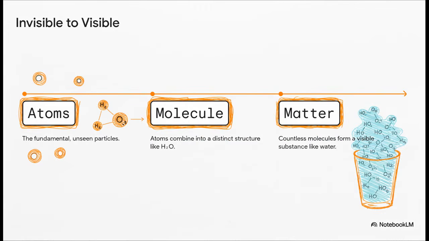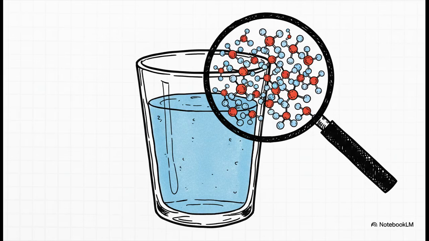So here's that whole journey laid out. We started with those tiny, invisible atoms, our basic building blocks. We snapped them together to make a specific structure, the molecule. And then we gathered a truly astronomical number of those molecules together to finally get a substance we can actually see and interact with. Which brings us right back to where we started. What's inside that glass of water? It's a massive, swirling community of H2O molecules, and it's how they all hang out and interact with each other that creates all the properties we think of as water. The wetness, the coolness, the way it flows. It's the group that makes it real.